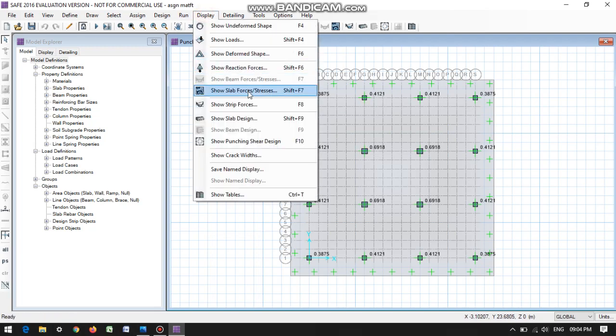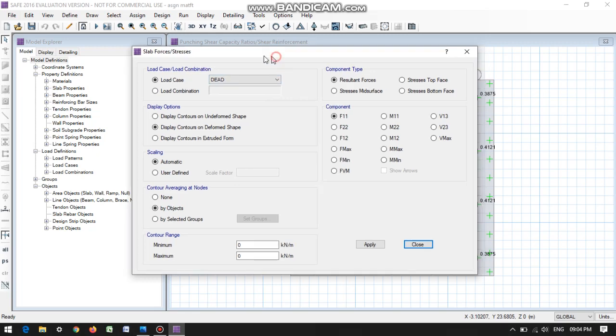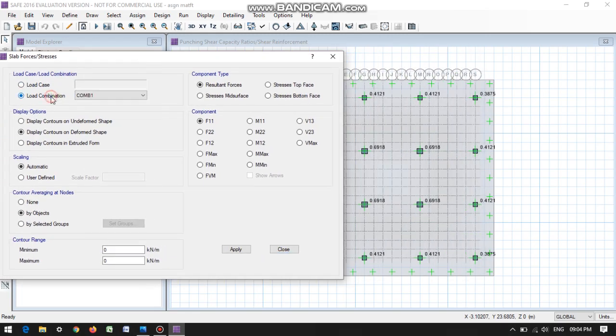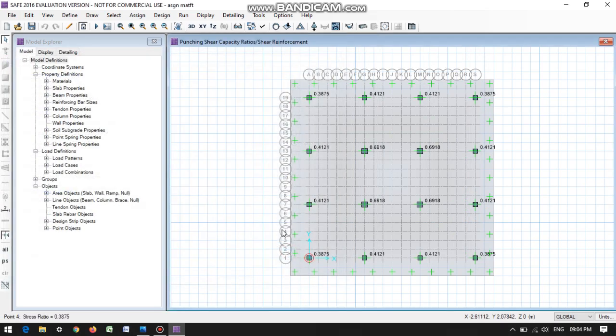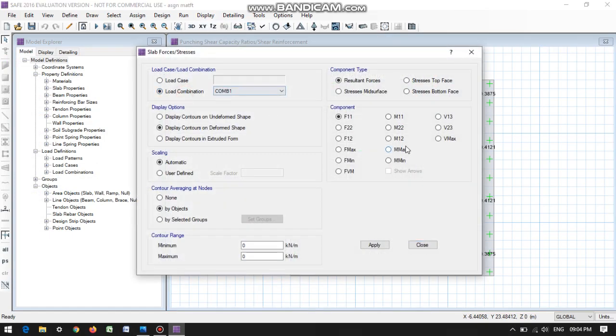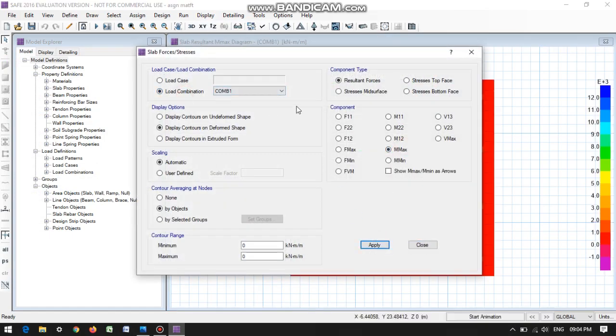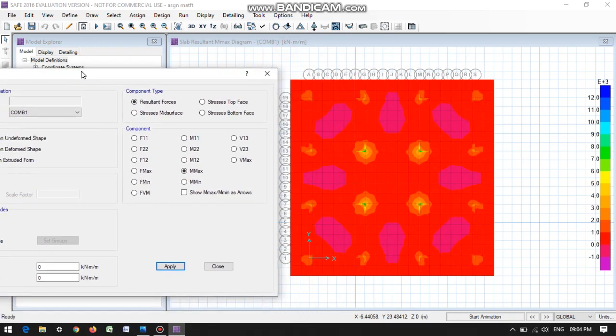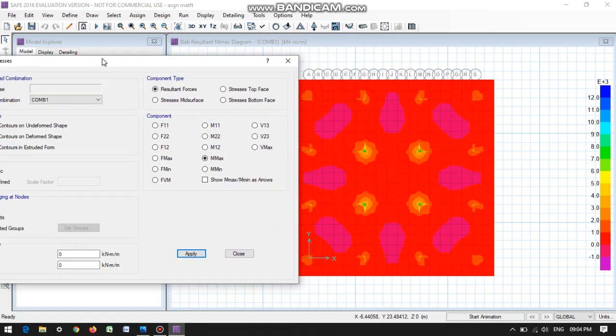And we can check the slab forces or load combinations. The maximum moment.